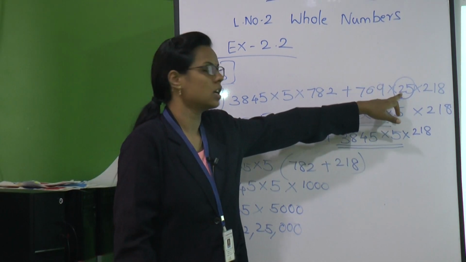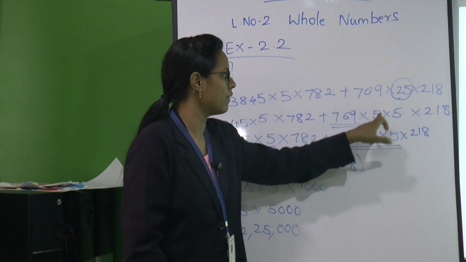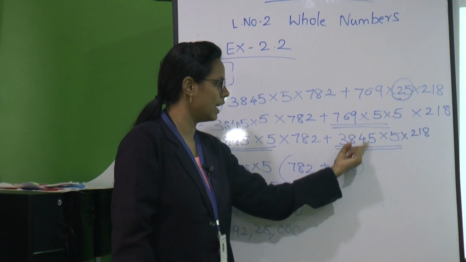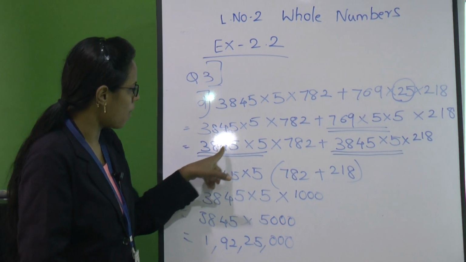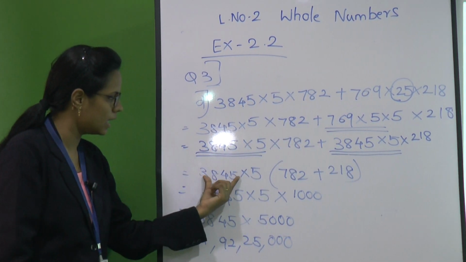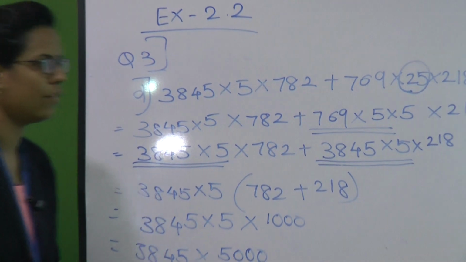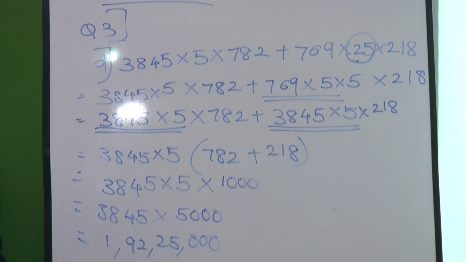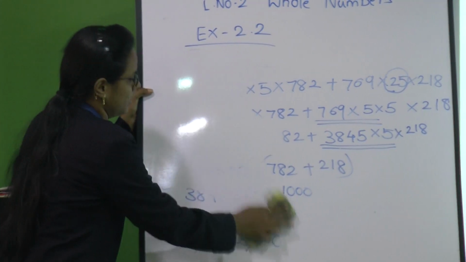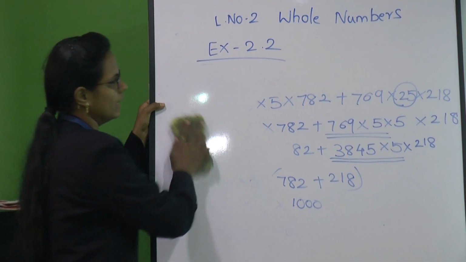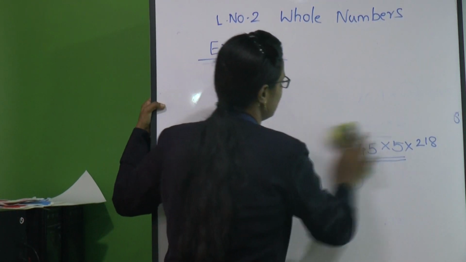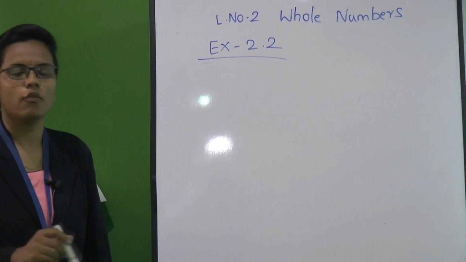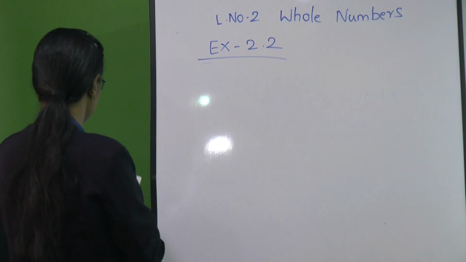So there were many different numbers given in here. We have first distributed 25 as 5 into 5, then multiplied 769 into 5, we got 3845 into 5. The common numbers are this, we have taken common here, the remaining we have added and then we have solved accordingly. Okay. So, these were the examples. Let us solve the next one. Till now we have solved find the sum by suitable rearrangement, then we have solved find the product and then we have found the value. Now, next one we are going to solve.